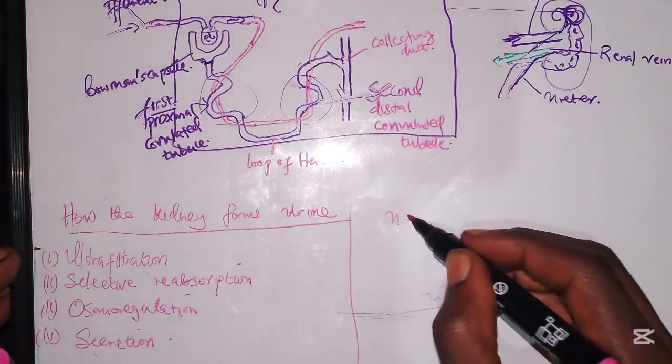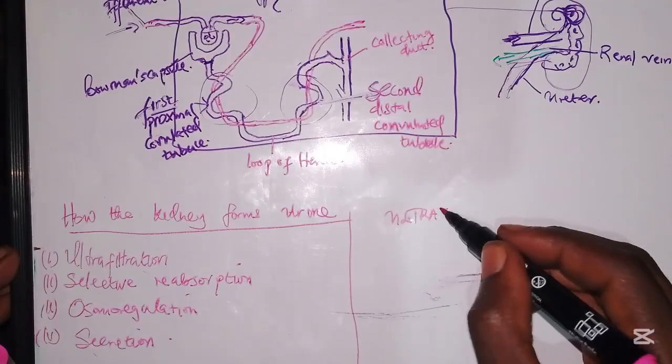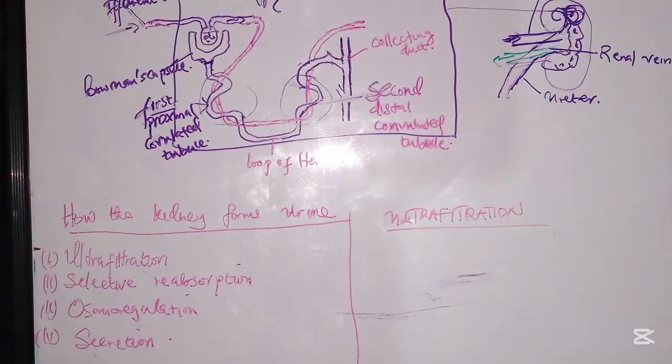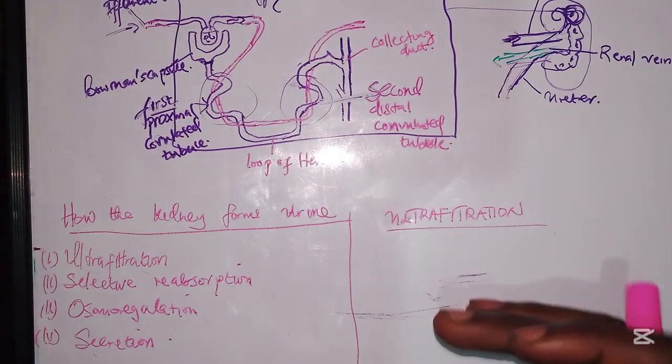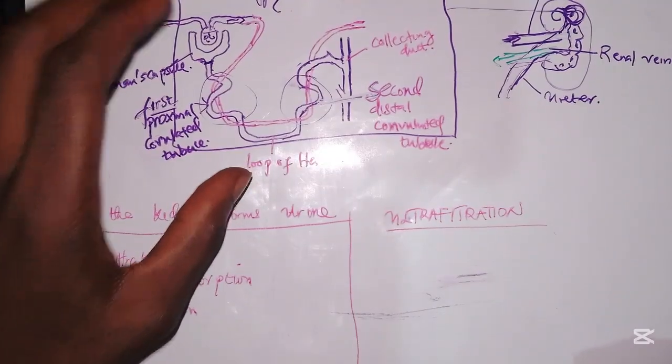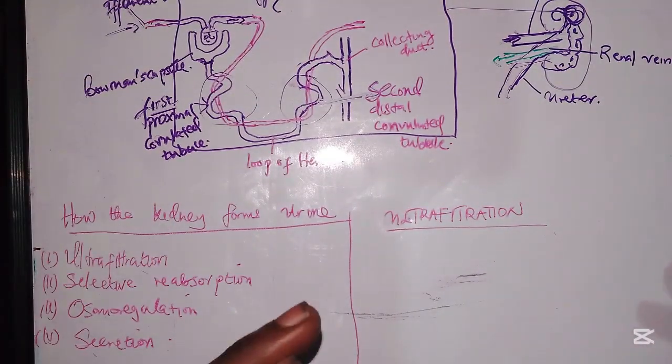So we'll say ultrafiltration. By the name itself, it suggests that here something is being filtered. So whenever you're talking about ultrafiltration, this is the process of filtration of smaller molecules like water, mineral salt, glucose and urea from the Bowman's capsule. Remember I told you that whenever you're talking about the process of urine formation, you have to be referring to the